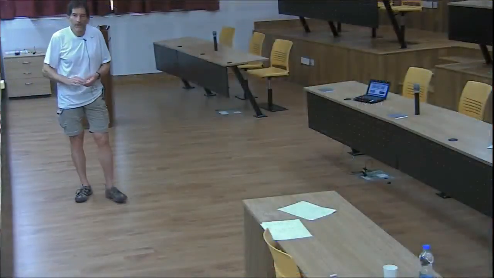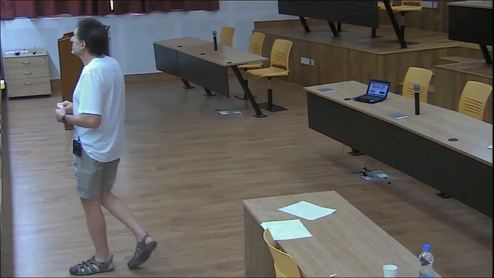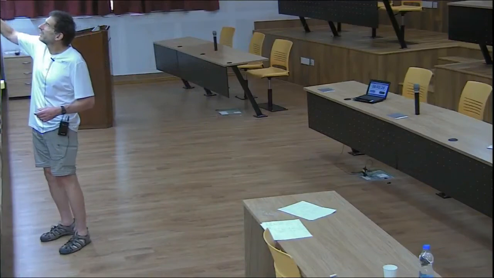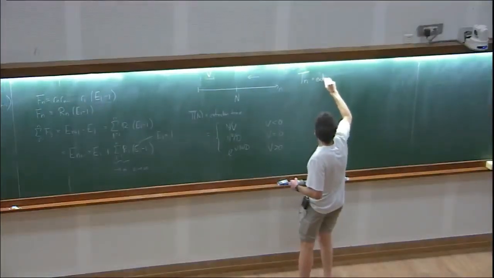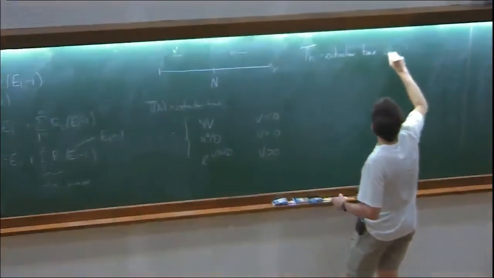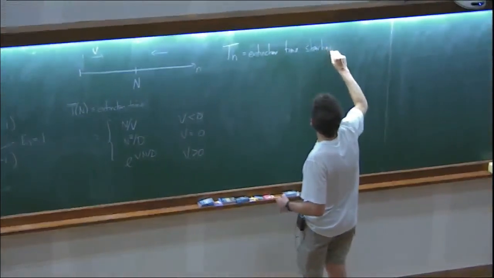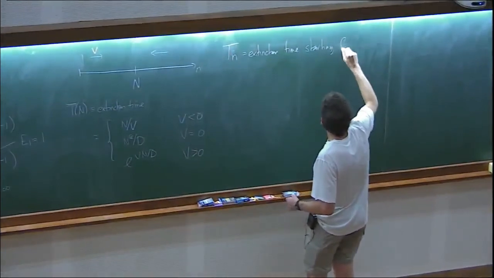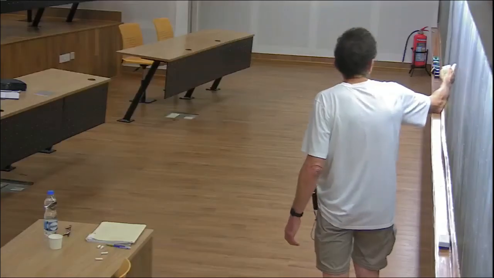Okay. So in the same spirit as this backward Kolmogorov equation for the extinction probability, we can define a backward Kolmogorov equation for the extinction time. So let me now call T sub n the extinction time starting from n. And in exactly the same spirit as I wrote over here, we can write the same kind of recursion formula, which is if I start at n, with a probability,